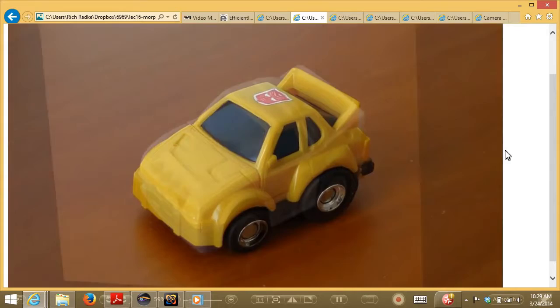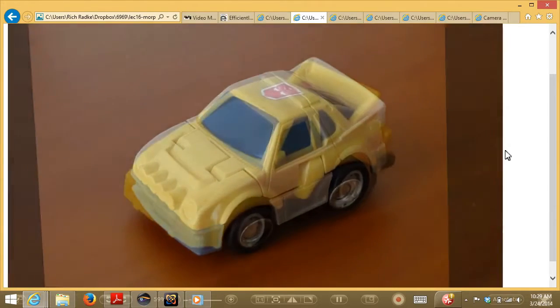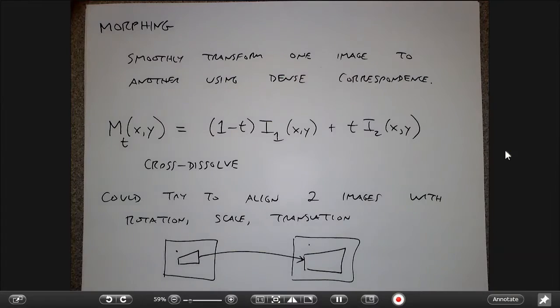Now, in some sense, this is not really optical flow in the same way that we talked about it before, because with optical flow, the whole assumption is that image 1 and image 2 are fundamentally the same 3D scene, and we're just trying to find how the pixels line up. With these cars, there is no underlying true correspondence because they're not the same physical object. So in this case, you as the user have to step in and guide the algorithm to produce a correspondence field that you think looks good. And so one example of generating this correspondence field,